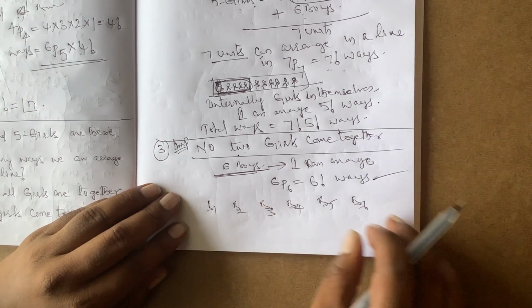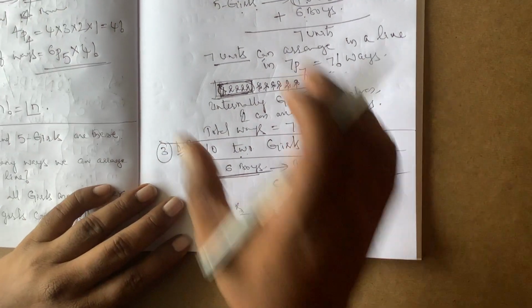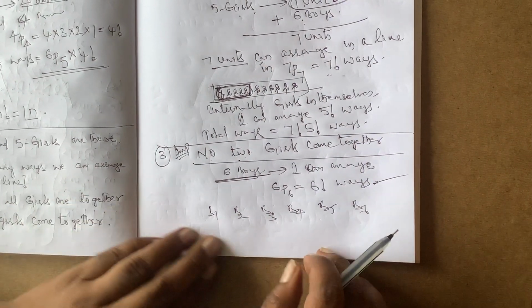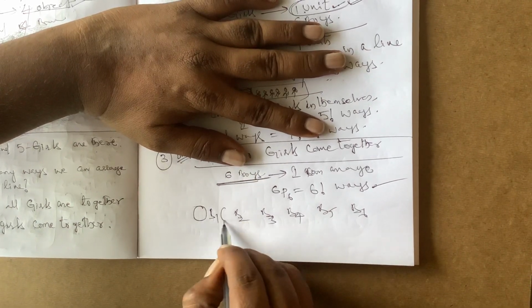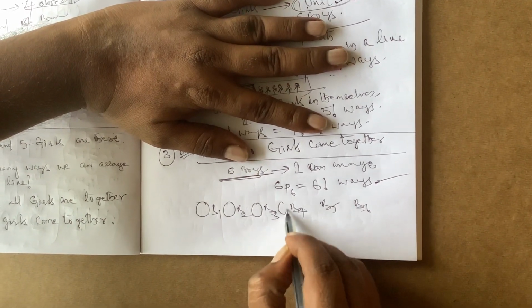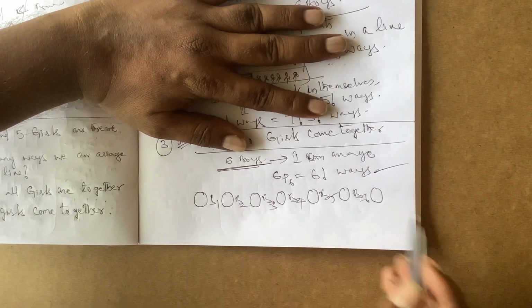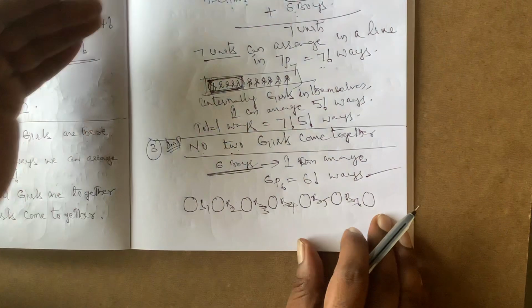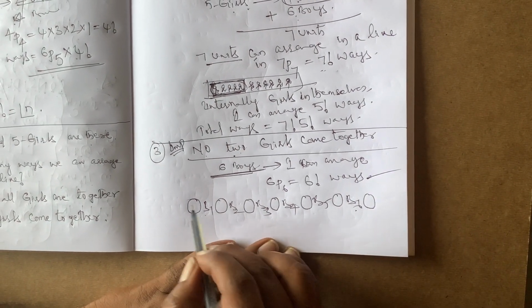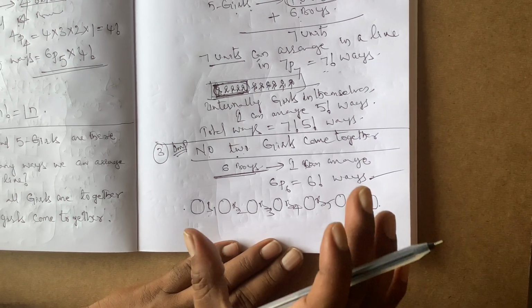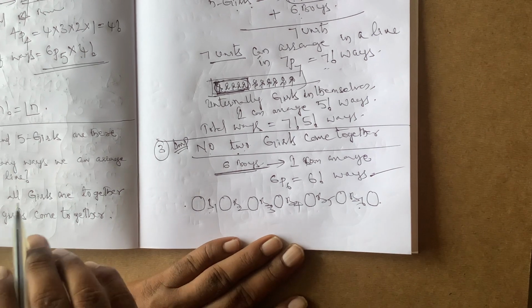Now I will arrange the girls. No two girls come together now. We sent them to one side. Now call those girls. For filling the girls, how many chances? Maybe you can fill here, you can fill here. These are the places for the girls, since no two girls come together. So first you can arrange the boys. Between the boys and at the ends you can arrange the girls. Then automatically in this arrangement no two girls come together.